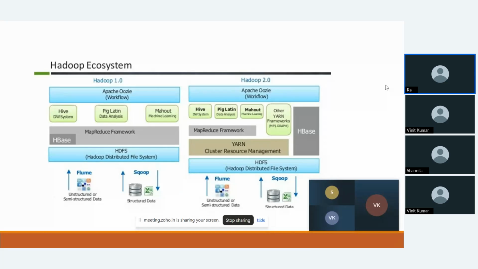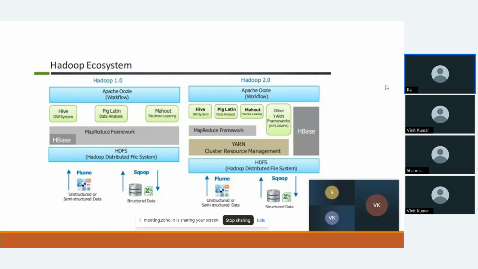Hadoop, when it was introduced, was mainly for batch processing itself. When Spark was introduced, it was used to do batch as well as streaming data. But for streaming data also in